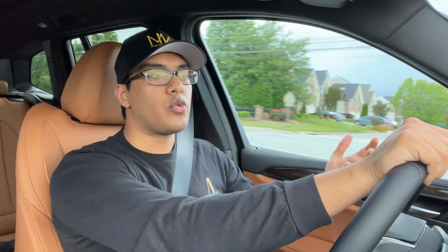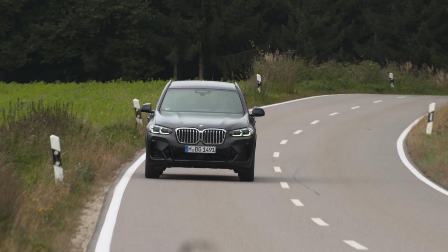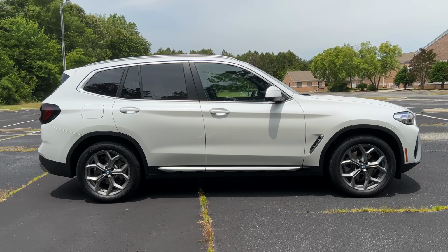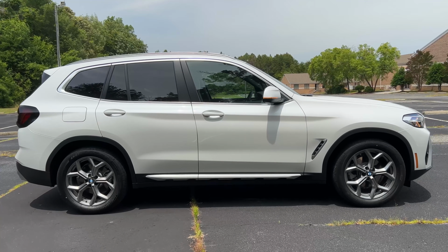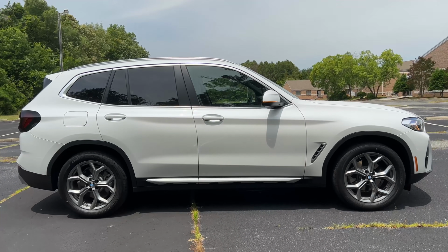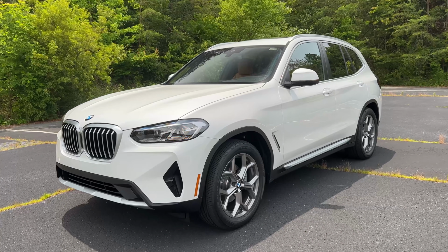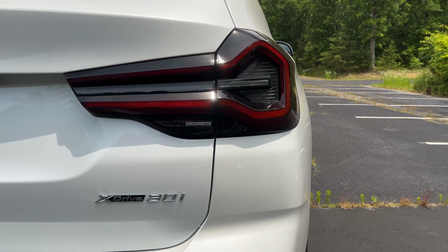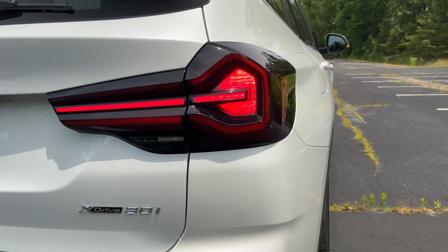All right, from 2022 going on to this new model year, there are literally no changes in the way that this car drives or feels, which is not a bad thing because last year when I tested out the X3, it was amazing. A really high quality product. The way that you see it here, this is the xDrive30i trim level, and this is the exact model that I would recommend getting for most families because with the convenience package, like you see it here, it's around